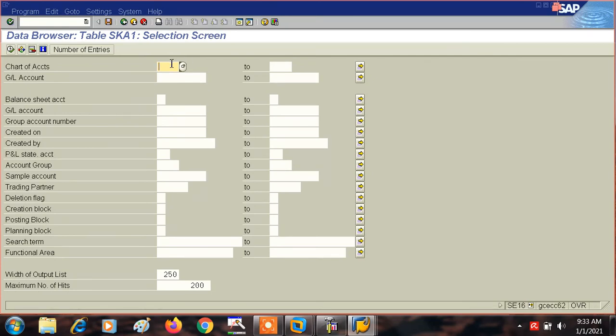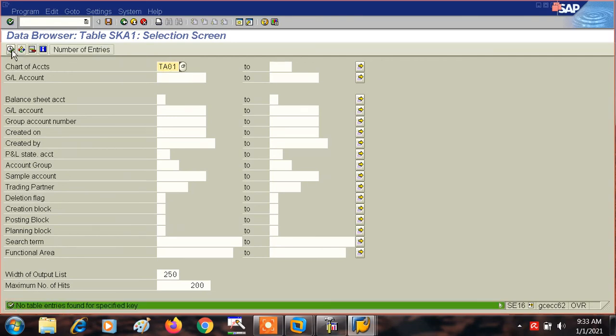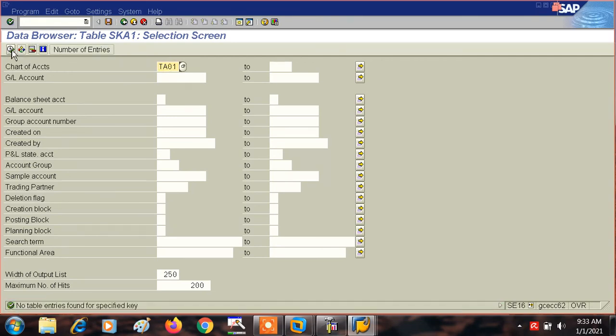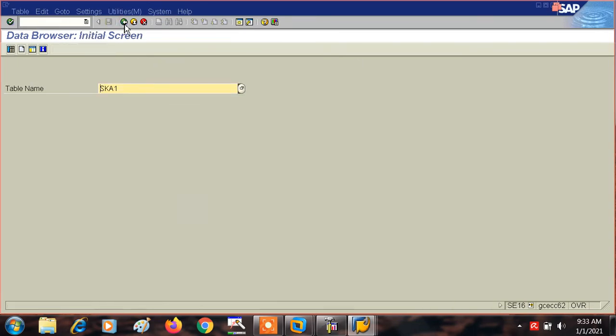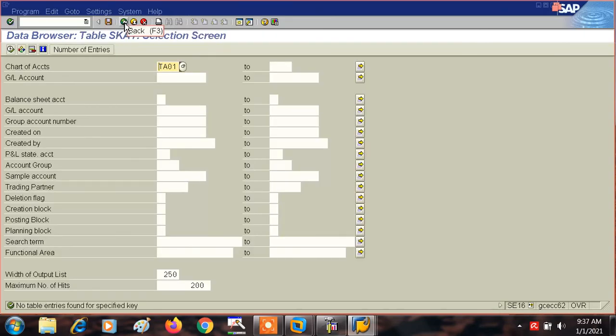So here TA01, okay, here it is not showing. Okay, if you want to find some other details in that particular chart of accounts, then in that case you can find them with the help of this chart of accounts, right?